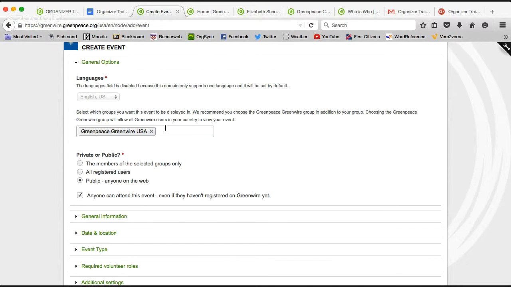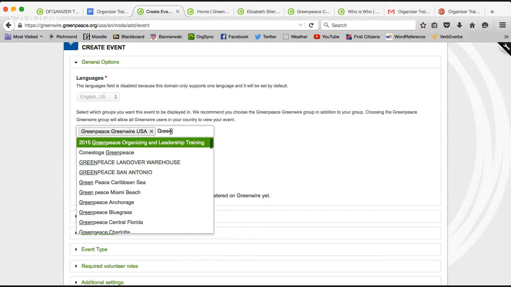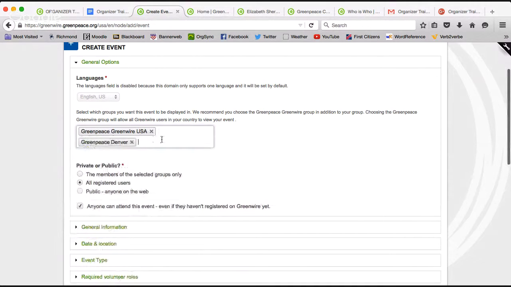And then, it's not very well marked, so I definitely want to point out this section where you can add a group to your event. Every event is going to automatically be added to this Greenpeace Greenwire USA group because every Greenwire member is in that group. But if we were organizing a climate ribbon party in Denver, for example, I'm definitely going to add the Greenpeace Denver group to my event.